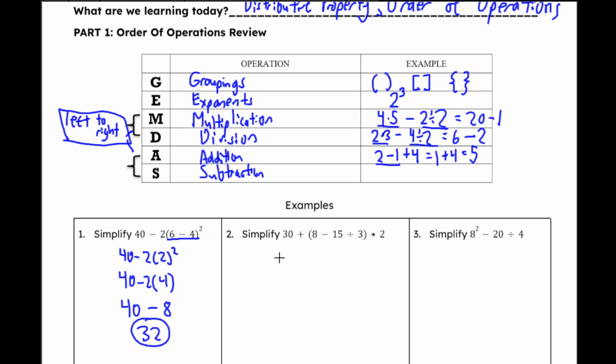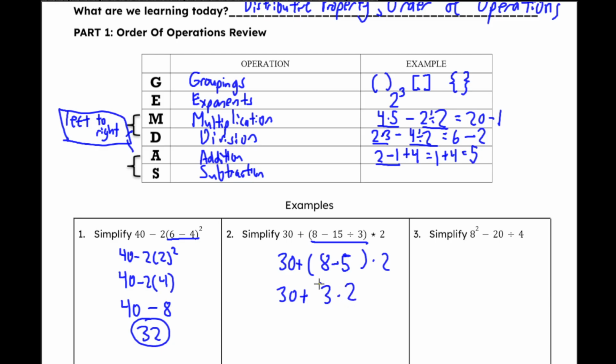So again, at any point, if you feel ready, you can pause this, try an example, and then check your answer as I do them, or you can just continue following along with me. So we first have to look inside the parentheses here. Within this parentheses, you see there is a division sign. So you do that first. You do the 15 divided by 3 first, which is 5. So this is 8 minus 5. From there, inside the parentheses, subtract 5 from 8. So that's 8 minus 5, that's 3